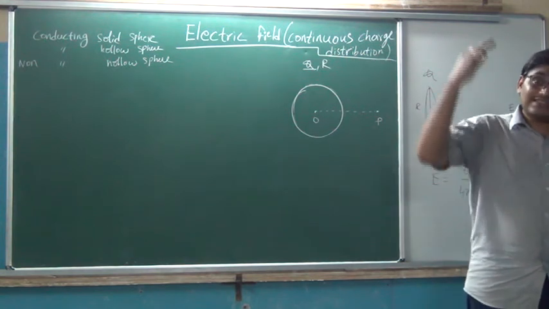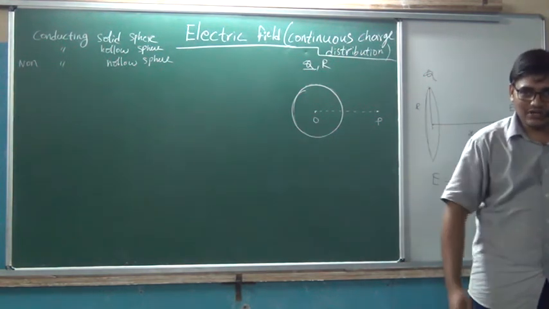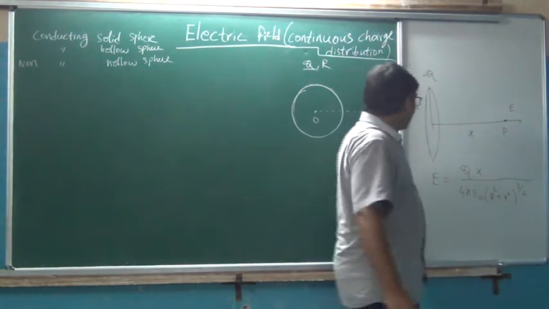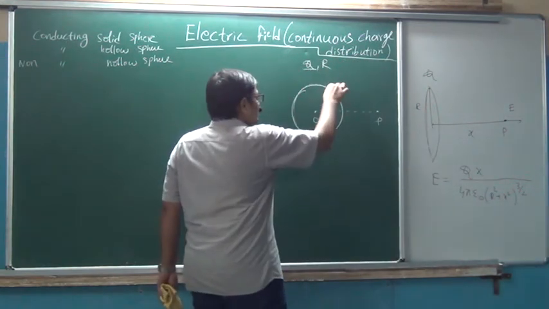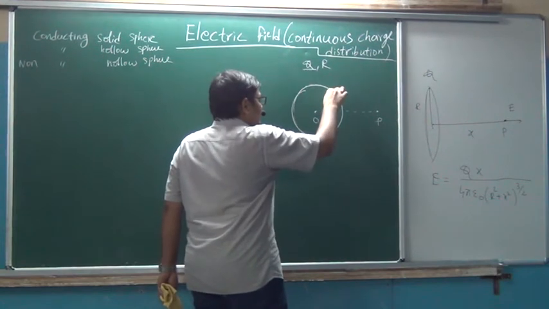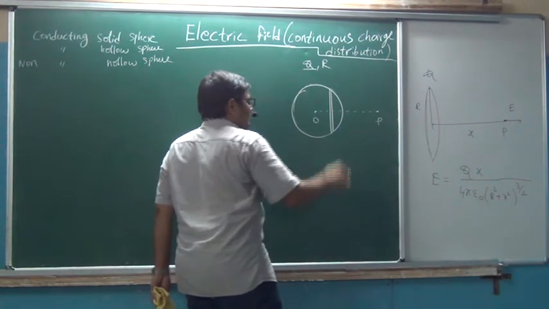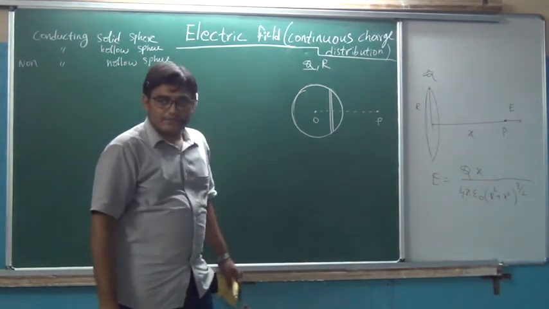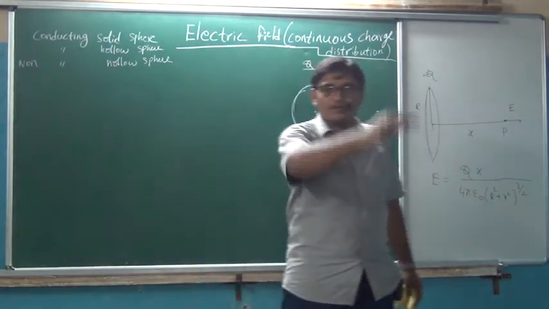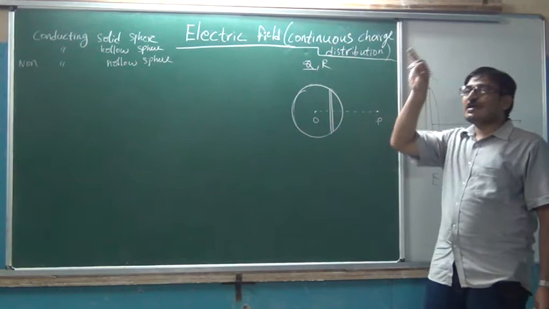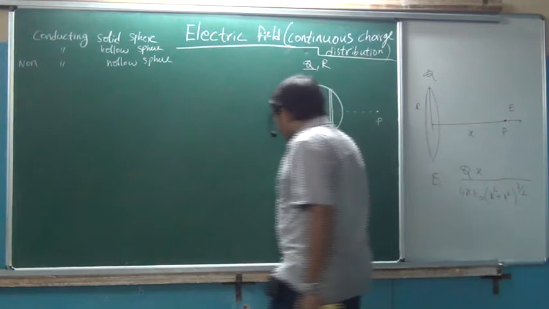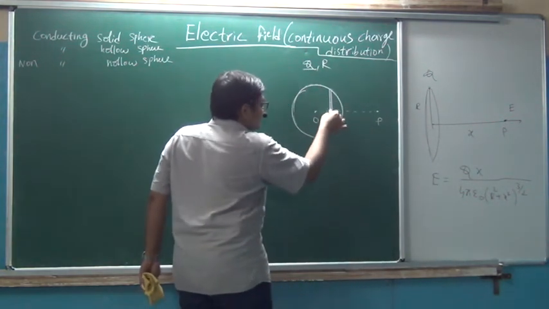That element may be a standard configuration sometimes. Standard charge configuration. We learned these things in center of mass itself. Let us go for it. I am considering this as an element, a small element of this sphere. If I chop it like this, what will I get? You view from this side, what will I get? A ring. Okay, so now this is its surface.